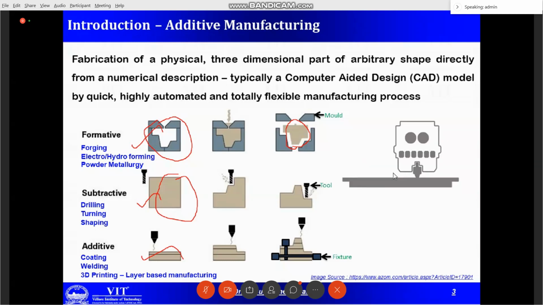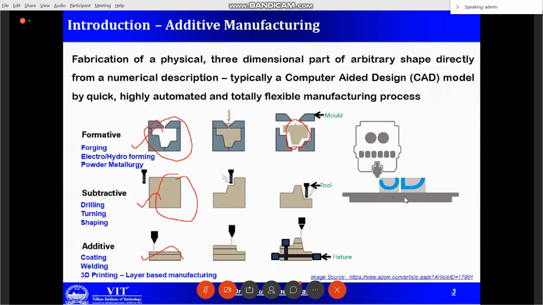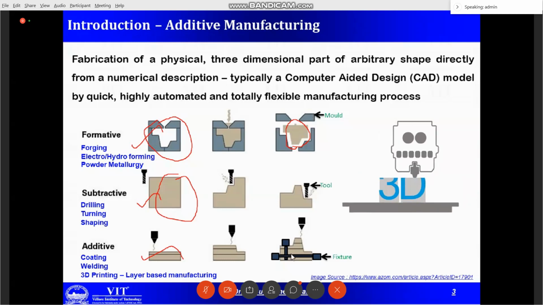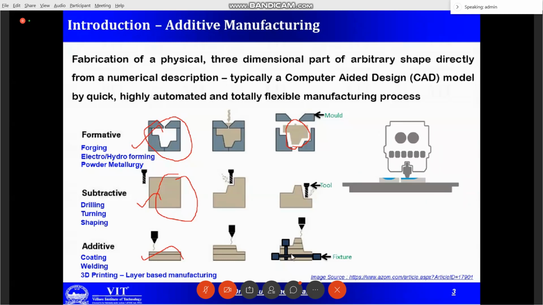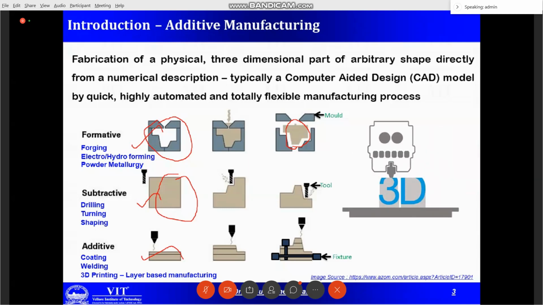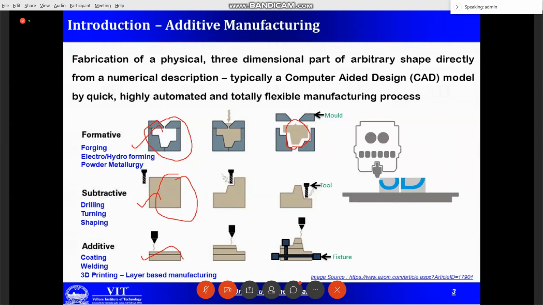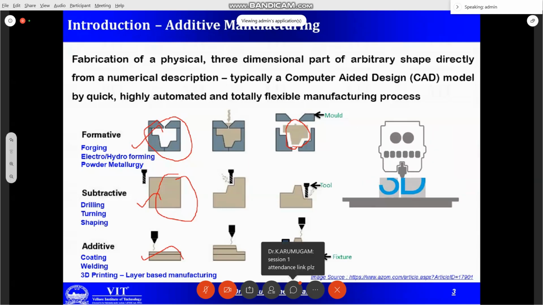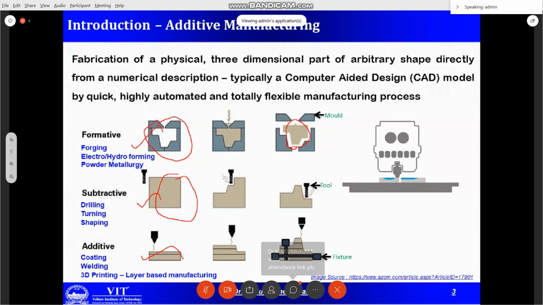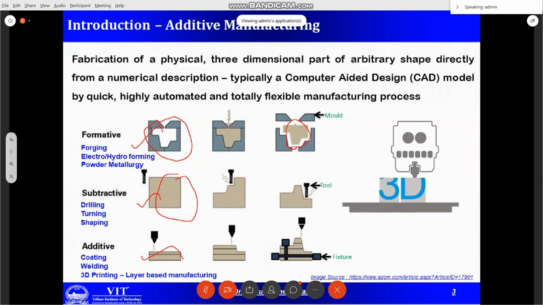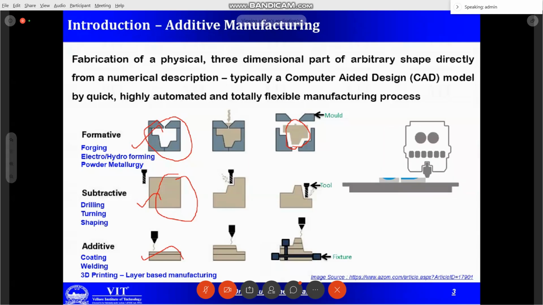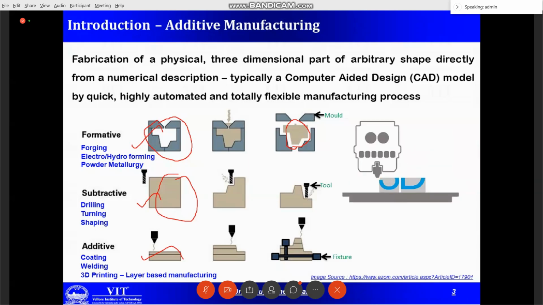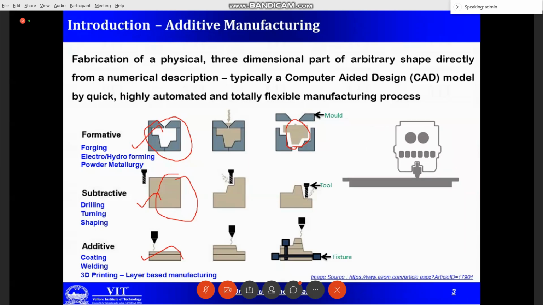Instead of 3D, if I want to print 4D, I will be changing only my CAD model, and there is no issue in terms of mold, insert, and jigs and fixtures. So this is a very critical advantage of additive manufacturing over other manufacturing. And because of this advantage, you can explore a lot of new product development in additive manufacturing process. This is the main reason why in certain industrial applications, additive manufacturing has an advantage over conventional manufacturing. So this we all should understand before we proceed to smart material processing.